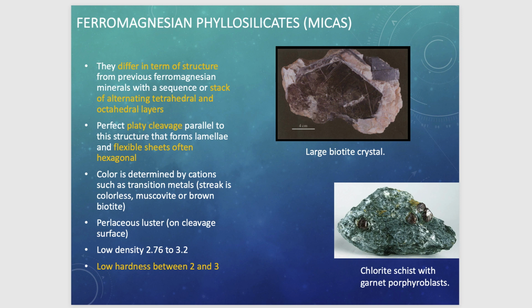The ferromagnesian phyllosilicates, so the micas, differ in terms of structure from pyroxene and amphibole, and are represented by monoclinic varieties which are distinguished by a characteristic single cleavage, which is commonly a plane of weakness that renders this mineral particularly soft. They tend to have a hardness that is far less compared to pyroxene and amphibole. So that's really a diagnostic feature of